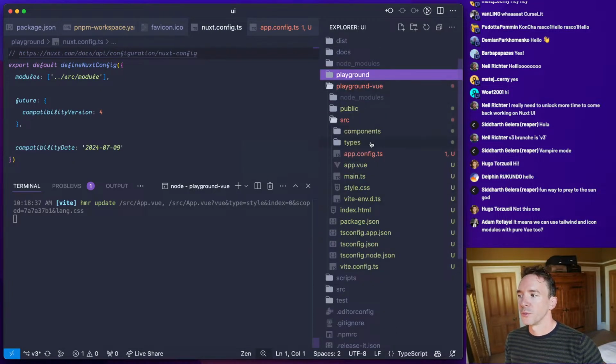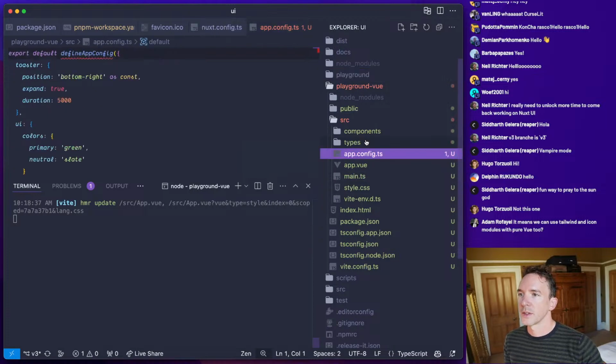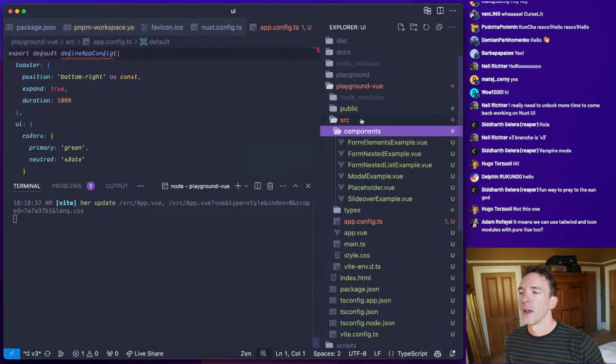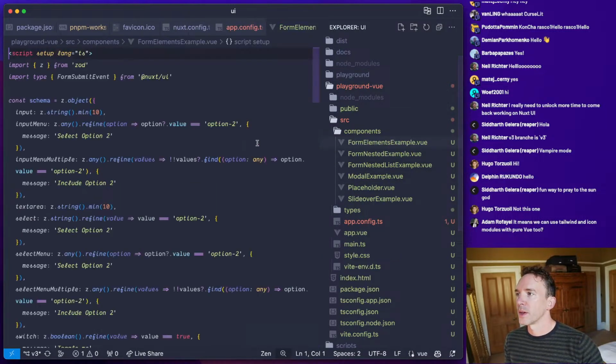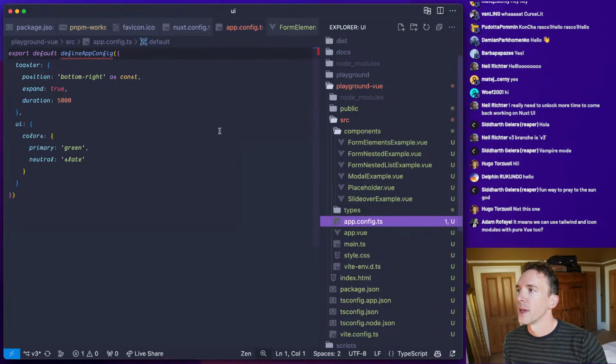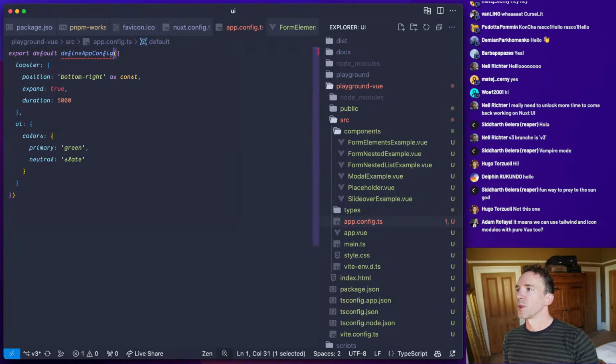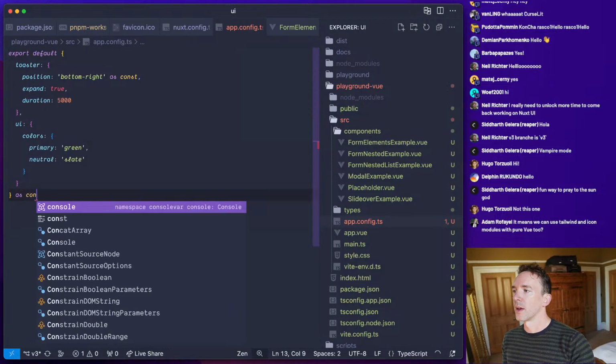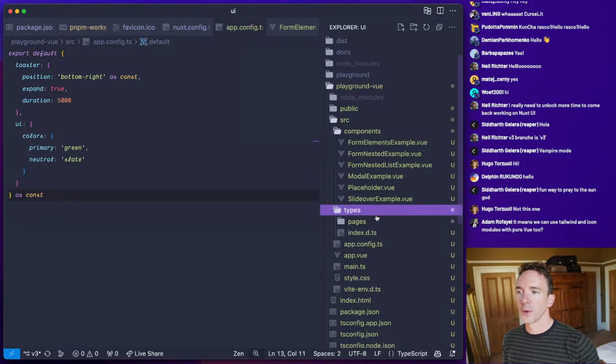So if you've never converted a project from Nuxt to pure Vue or the other way around, it's pretty straightforward. So basically, we have to check that we're not using some auto imports. That will be the main issue. This would be an example. So we'll just basically say, remove the auto import there.